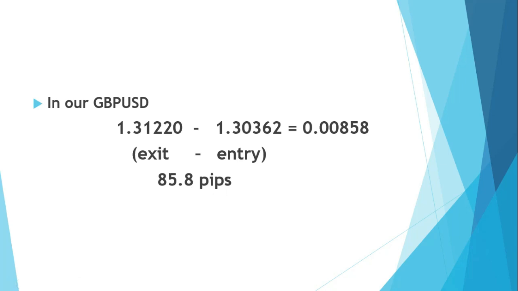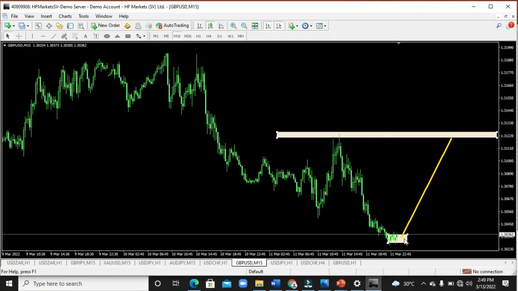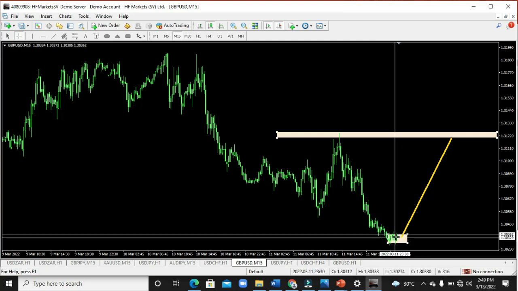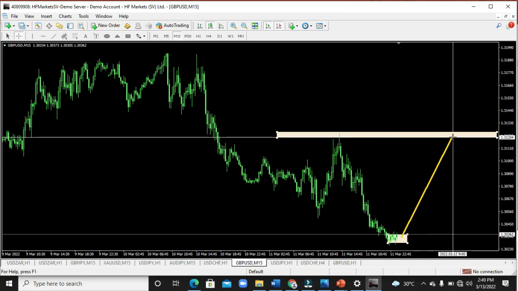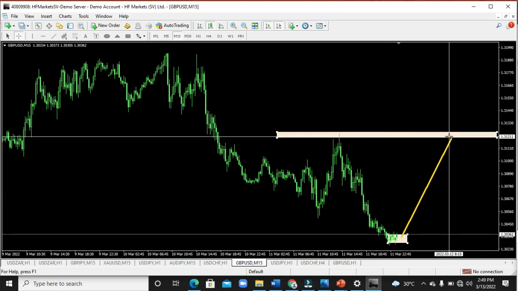So the market moving from this point to another point means that it has moved 85 pips. So if the market moves from this particular place and up to this particular place, we entered here to exit here, that means it has taken